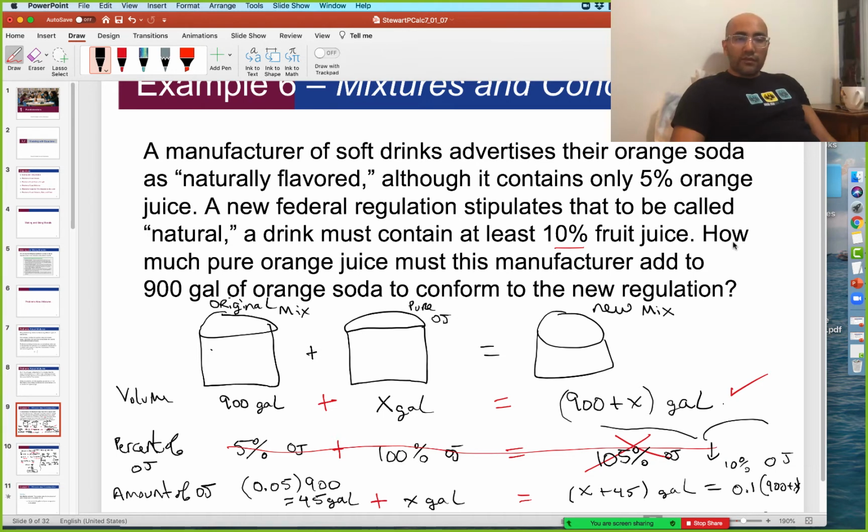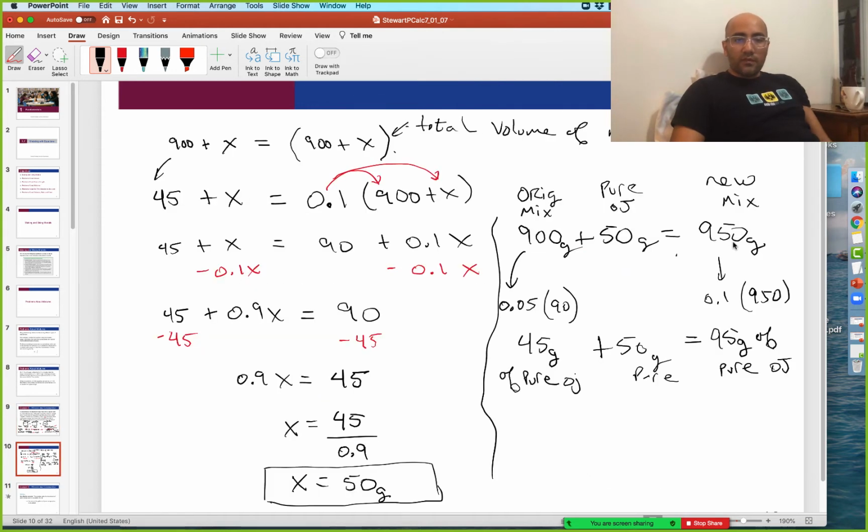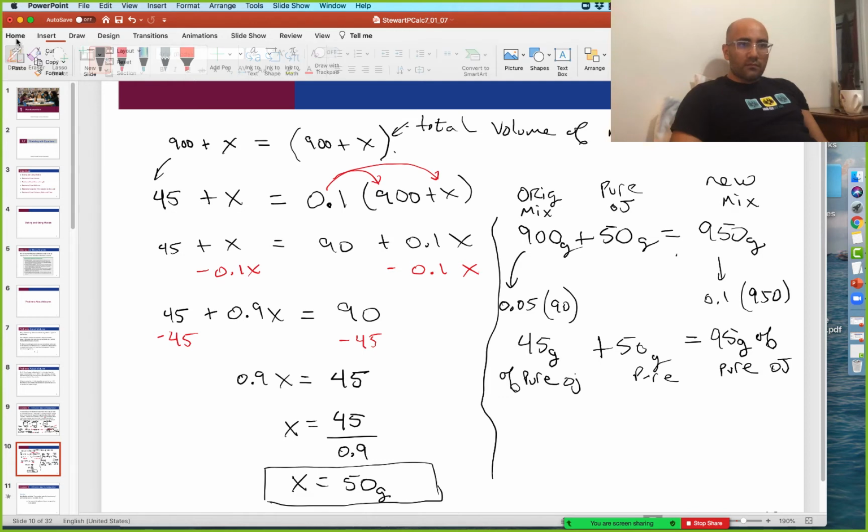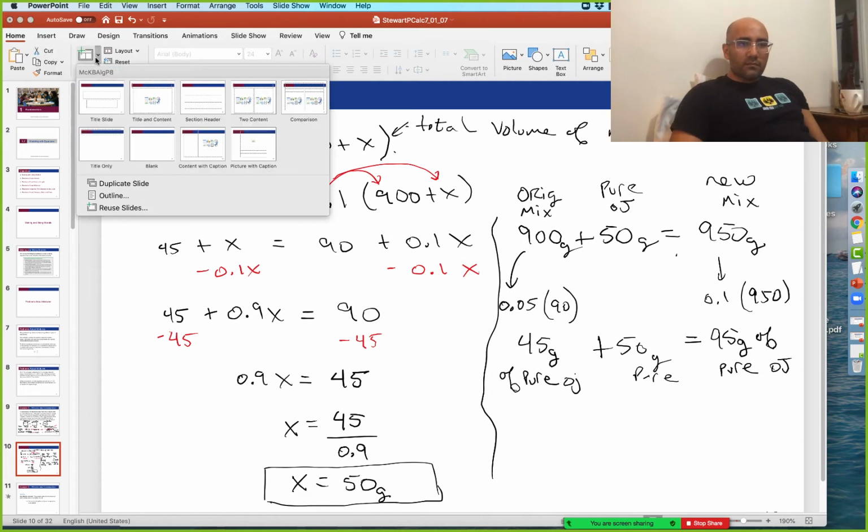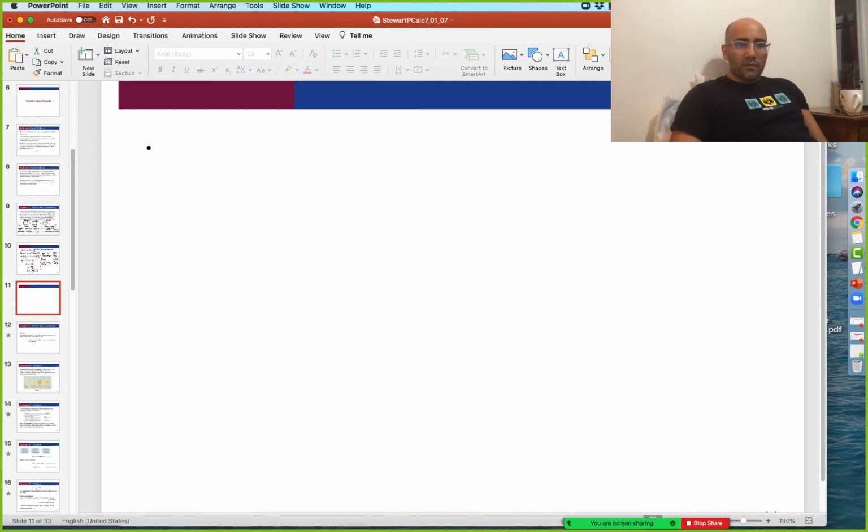So what you first have to do is subtract some of the original mixture and then replace it with pure orange juice, and your goal is so that the new mixture has the 10% orange juice, right? So it's a slightly different question. So let's just set that up. Right, so if we have the original here,